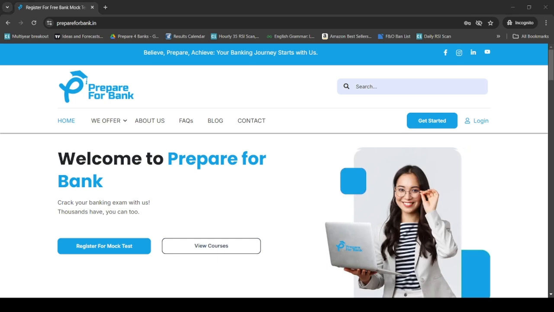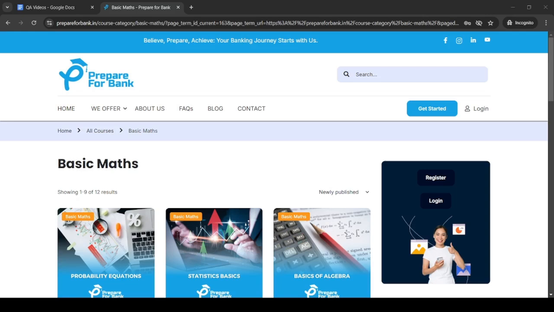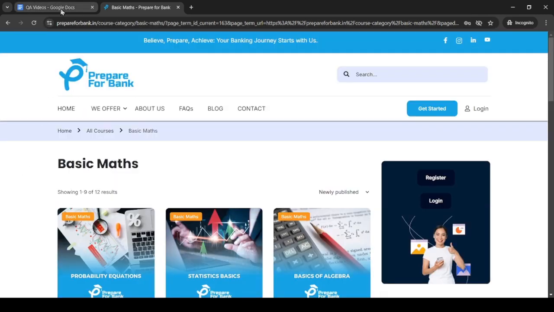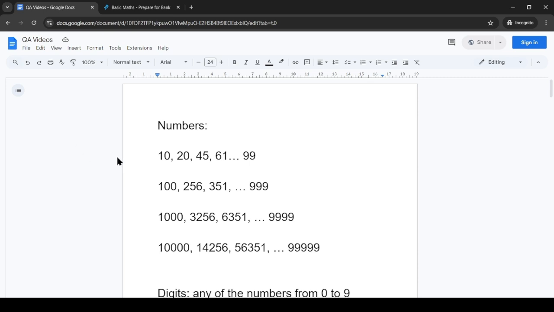So let's begin with our today's topic. So friends, today we are going to cover a very basic and essential topic of quantitative aptitude, that is addition. We will start with the basics: understanding numbers, digit placement of numbers for addition, some practical examples, and then the real-life exam format that is being asked in our competitive exams. So let's get started.